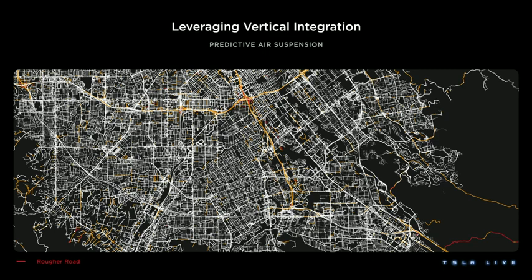The restraint control module, whose inertial measurement unit senses the road roughness; the autopilot computer, whose GPS module and localizer figure out where the car is in the world; our navigation server, which aggregates the anonymized telemetry from the fleet and annotates our map with things like updated speed limits, lane topology, and now, road roughness; the onboard navigation engine, which looks ahead on the route that the car is traveling and determines whether things are about to get rough; and finally, the air suspension controller, which takes all of those factors into account and decides whether to continue